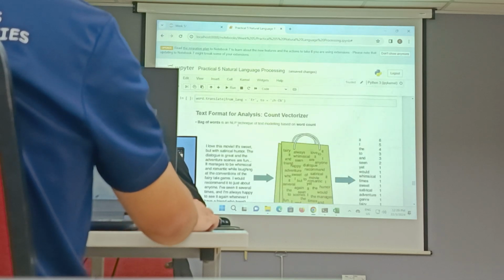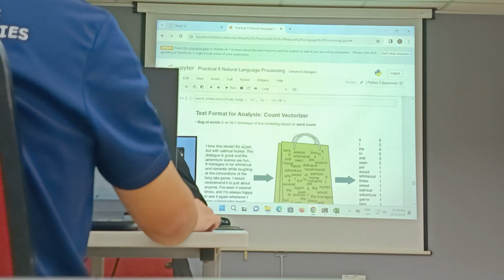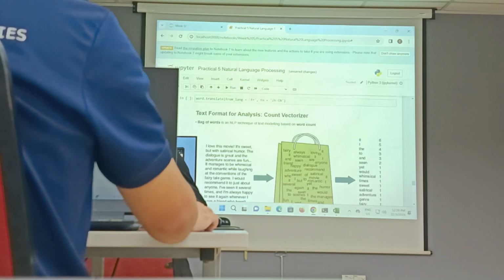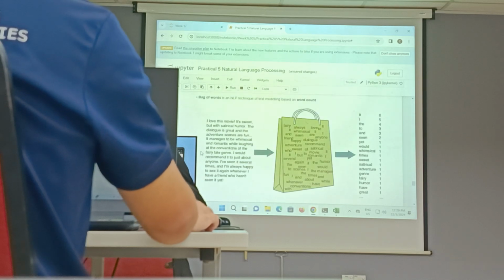Okay, this is very important because we will be dealing with text in the near future. So first, you need to understand how to use CountVectorizer. Okay, suppose we have one paragraph here. Okay, we have another paragraph